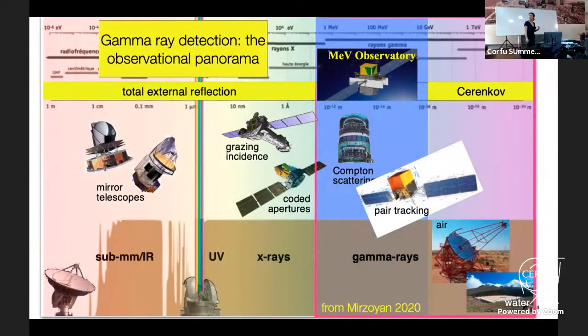Now at the observational panorama. The gamma ray band is large, and the observational panorama is complex. You have really different instruments with completely different techniques. You see photon scattering in the low energy band. This is where gamma rays start. Photon scattering, pair tracking detector, air shower probe, and water Cherenkov probe, as a first approximation.